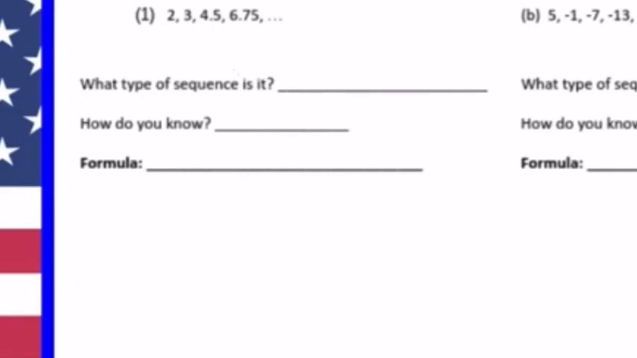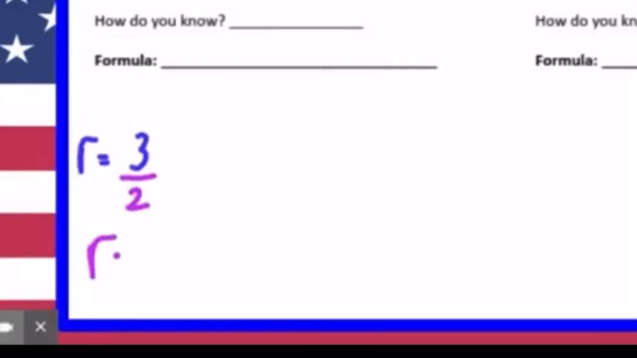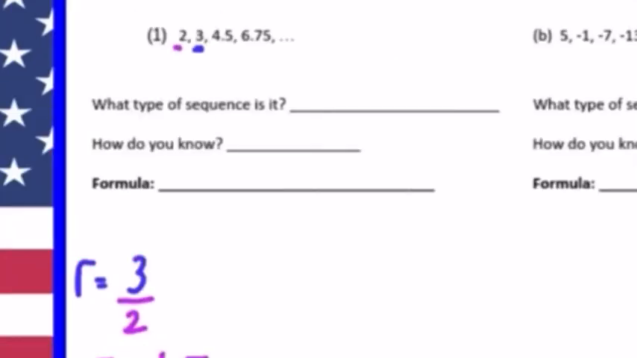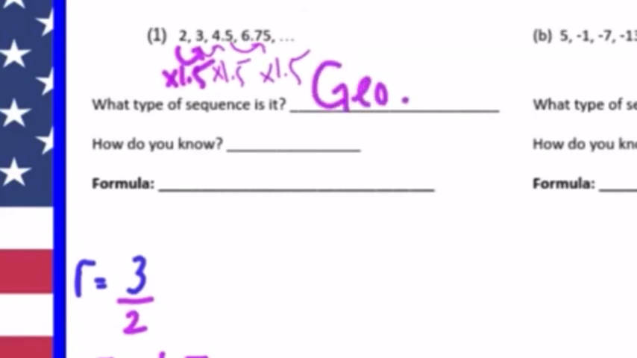So to find r, you might want to take the second number, which is 3, and divide it by the first number, which is 2. So the pattern here is times 3 over 2, or if you don't like that, you can say r is times 1.5. Let's see if we are correct. 2 times 1.5 is 3, and 3 times 1.5 is 4.5, and 4.5 times 1.5 is 6.75. So we're good. So we know that this is a geometric sequence. We know that because the pattern